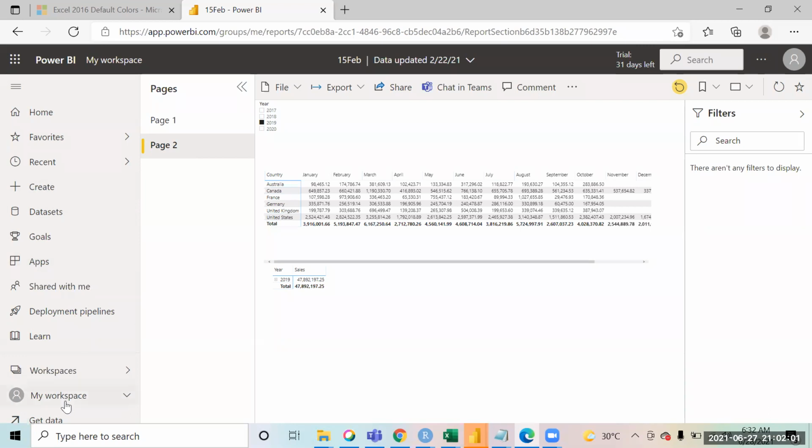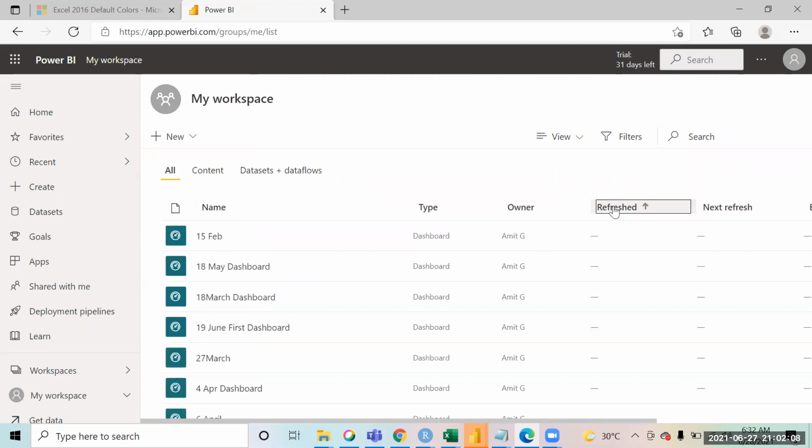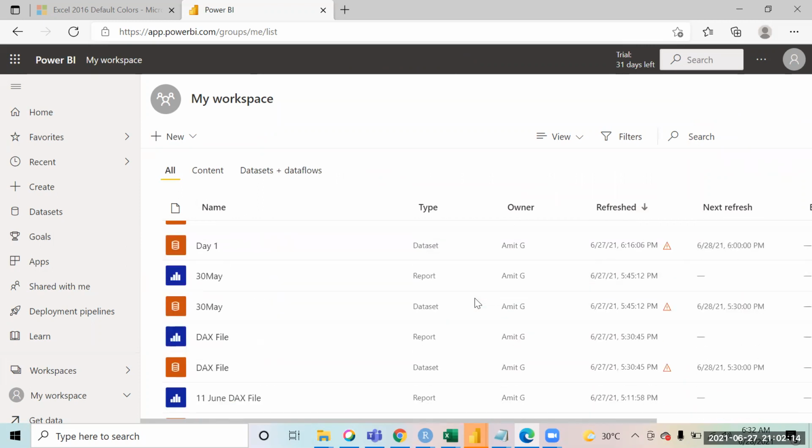So once you come over here, you don't want all the stakeholders to see all the data, right?